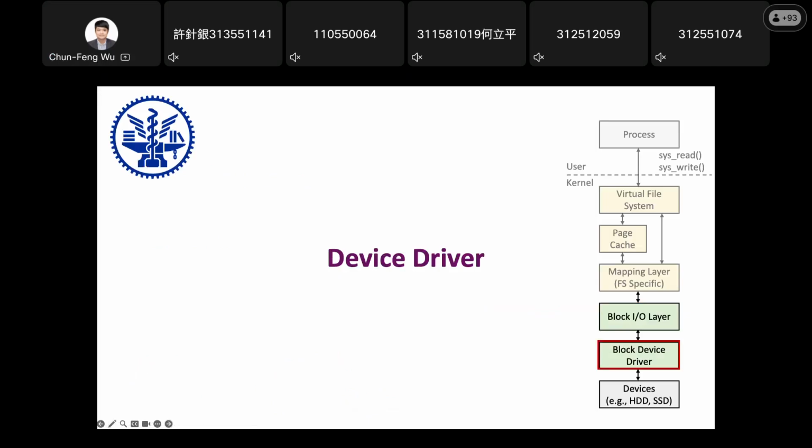Okay, so next we'll talk about the block device driver. The main idea behind the block device driver is, as you see now, you have hard disk drive and there's SSD, and hard disk drive and SSD show different characteristics. But if you are a user, you don't want to know whether you are using hard disk drive or SSD, right? Because there are different kinds of SSD, there are NVMe